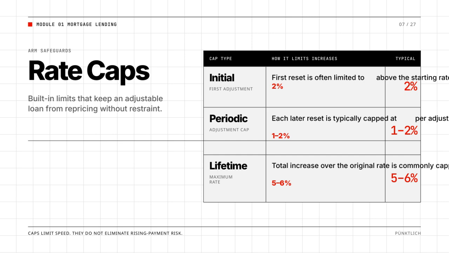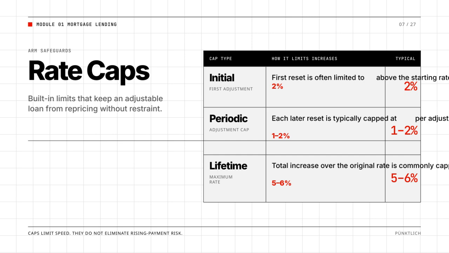First, the initial cap limits how much your rate can increase at the first adjustment, which is typically capped at about 2% above your starting rate. This means the very first time your interest rate changes, it won't jump dramatically beyond the set limit. Next, we have the periodic adjustment cap. This limits how much your rate can change with each subsequent adjustment, usually capped between 1% to 2% per period. So, with every adjustment after the first one, your rate can only increase within this range, helping to keep your